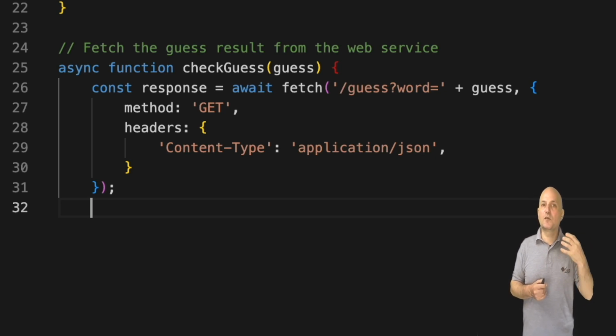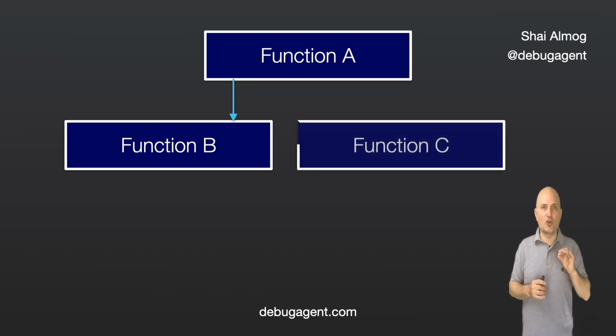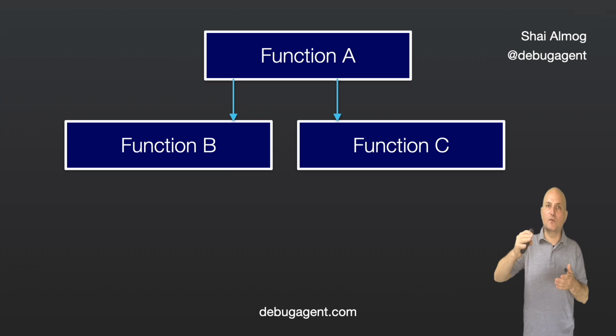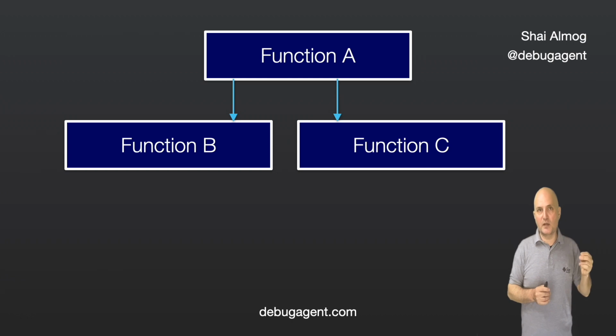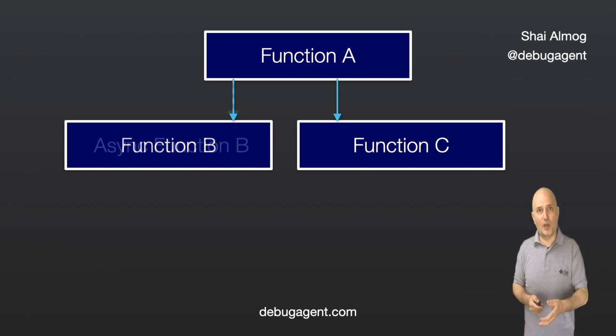Fetch is an async function. When we invoke it with await, it waits for it. In normal Java or JavaScript code, the calls are synchronous. That means that when a function A invokes function B, it does that in sequence. When function A invokes B, it suspends its execution and won't continue until function B returns. This means that it's blocked and can't continue to function C until it's done with function B. Java works this way too. Just replace the word function with method.